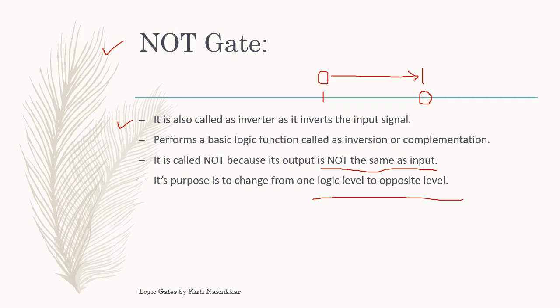Now just note that 0 is nothing but the low logic level, and 1 is the high logic level. If we say 0 1, then 0 is represented like this and 1 is taken as the high level. In this way, this is actually the positive logic. In positive logic, 0 is taken as low level and 1 is taken as the high level. So in terms of bits, we can say that 1 changes to 0 and 0 changes to 1.